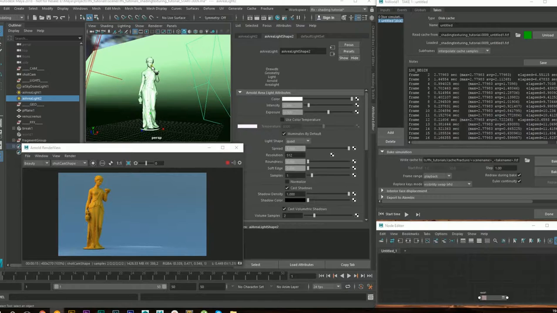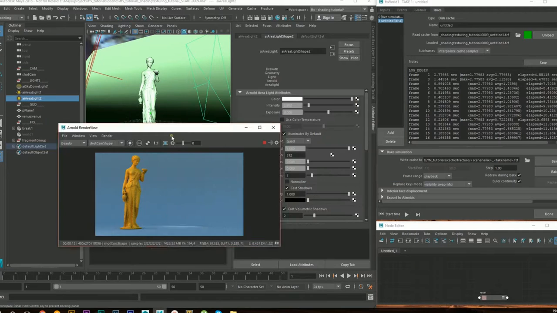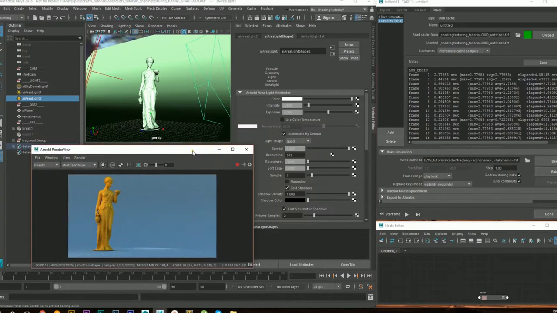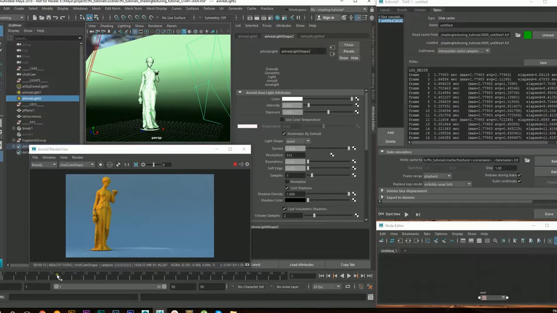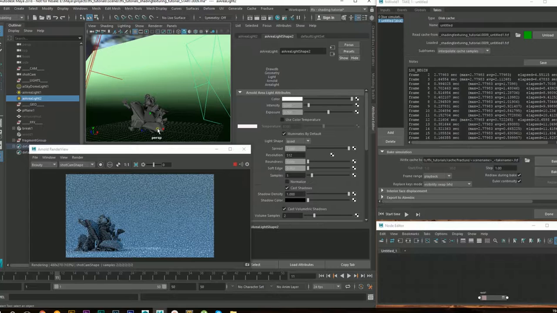So I have a statue here which has an orange shader assigned to it. Orange shader here in the hypershade. I have a very basic simulation with nice and big fragments, so we can clearly see the outside and the inside of the fragments. But as you can see,